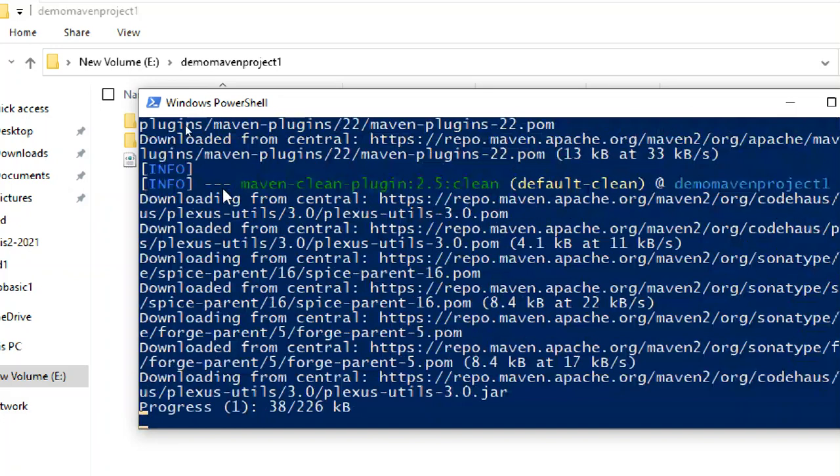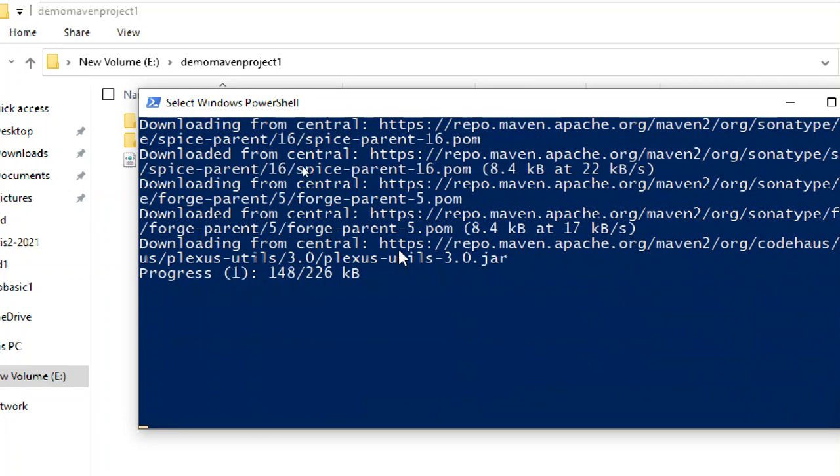Okay, now it is cleaning. The clean plugin is downloaded and it will start doing this cleaning. It downloads all the required plugins first and then does that.